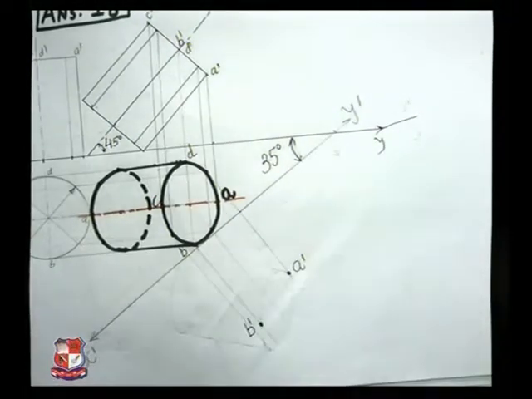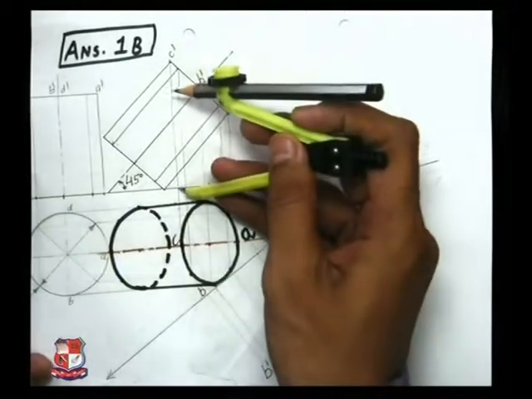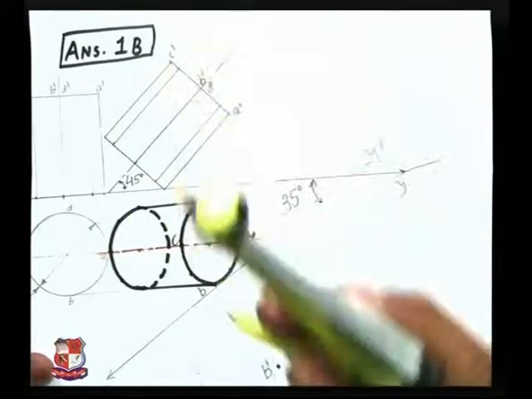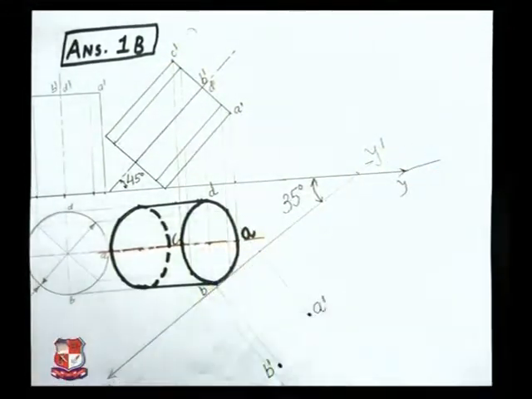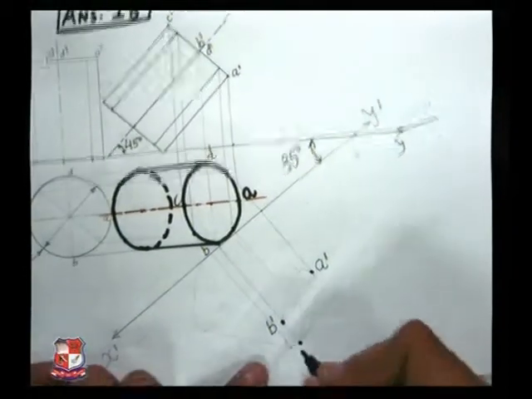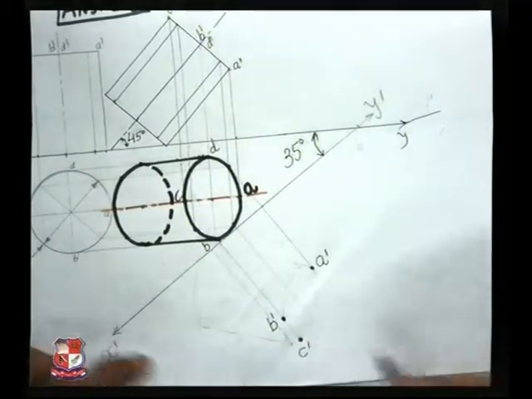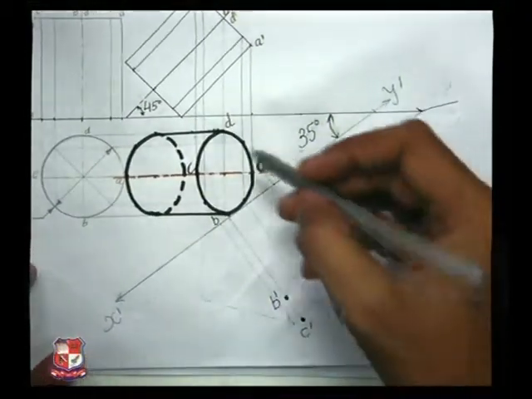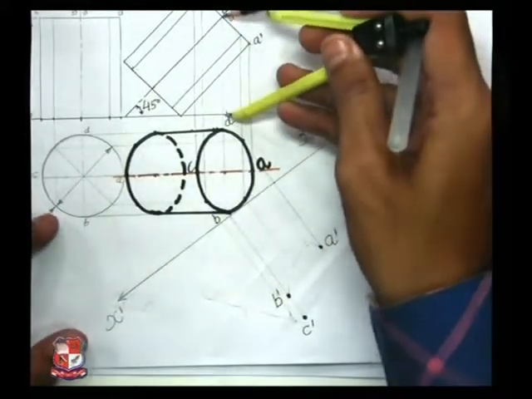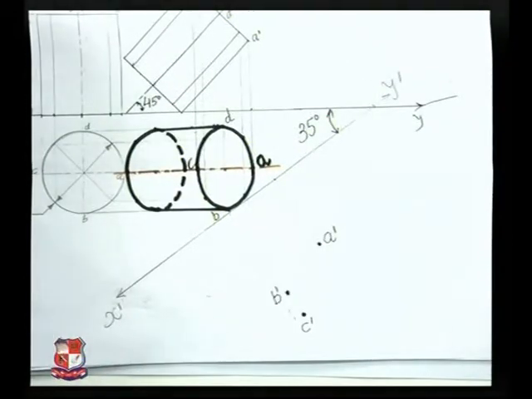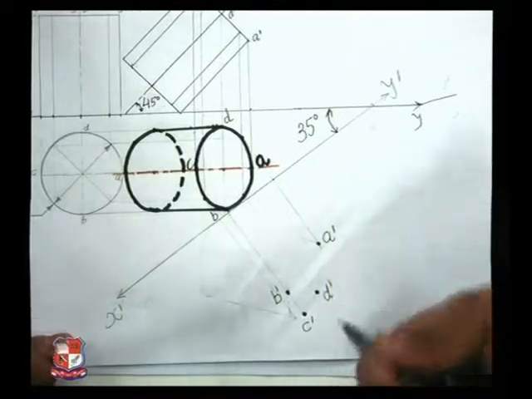Name that point B dash. Similarly C point would be at the topmost position. So measure the distance of between C dash to XY line like this, and from C draw a line. This is the line, and cut arc over here. So point C would come somewhere over here. Here is point C or C dash as its top view, C dash. Now D dash. So for that again measure the distance of D dash to XY line like this, cut arc over here. So D dash comes over here. Here is point D dash.